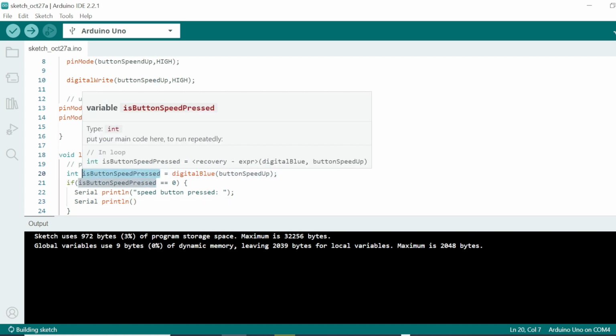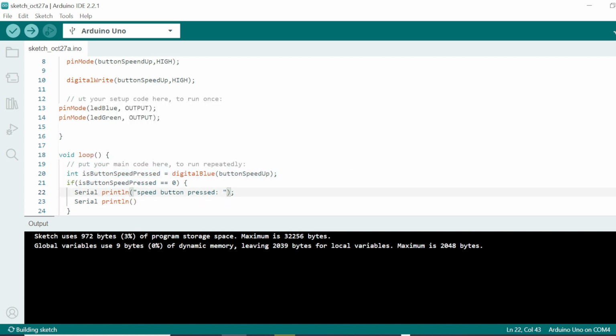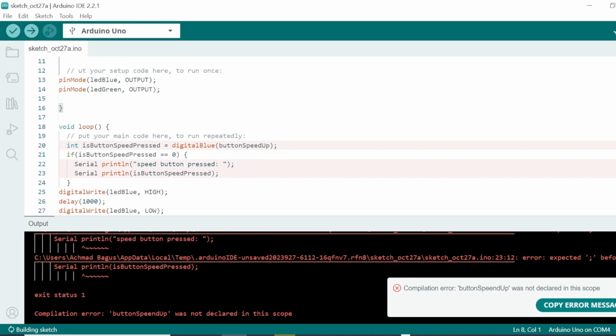And this we copy and paste to here, is button speed pressed.